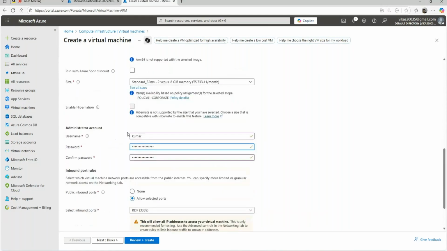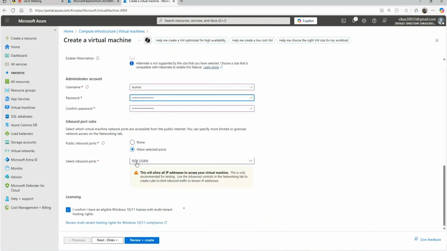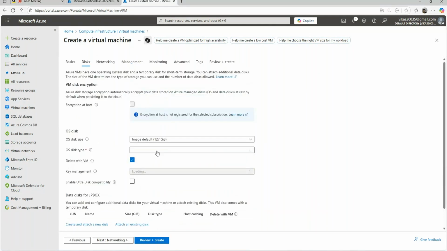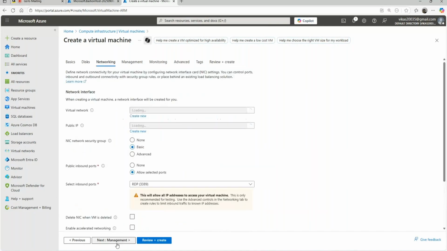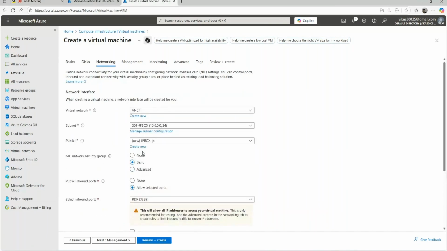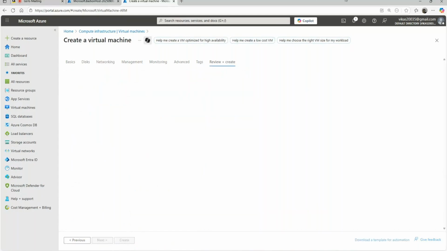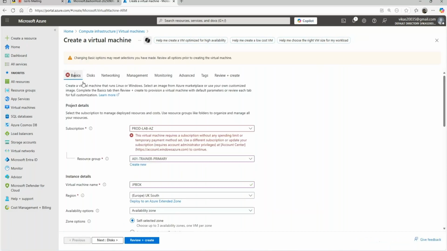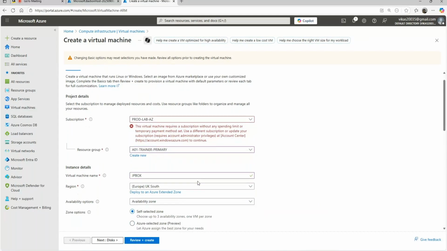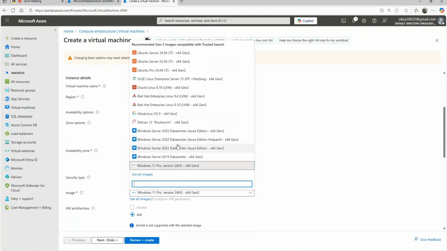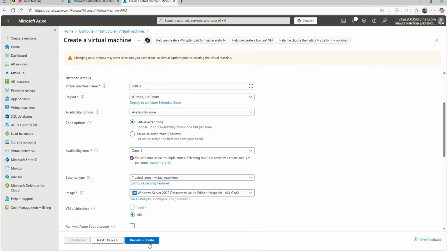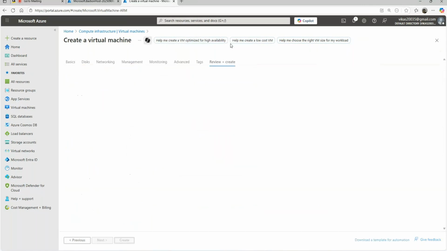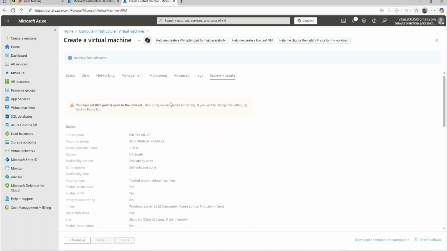RDP allowed, standard SSD, and I'll make sure this is in my jump box subnet with RDP and a public IP. That's my first VM, I'm not doing any change. So let's do the server VM. It's okay. So that's my first VM with a public IP.